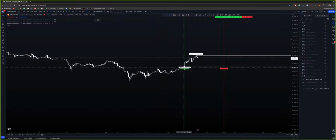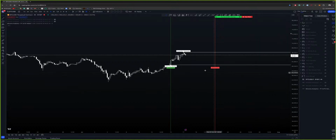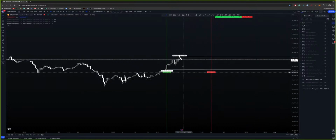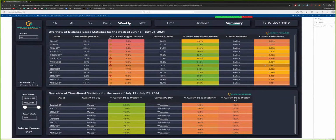So if you're looking to take a trade based on the weekly, then there you go. You see it's around that 0.2 area. And if I'm a little bit lagging, it's because I'm running quite some heavy stuff now on my computer, and I noticed that my 2019 MacBook Pro is not very capable of it anymore, so I need to buy a new one. But anyway, we're about the 0.2 retracement,